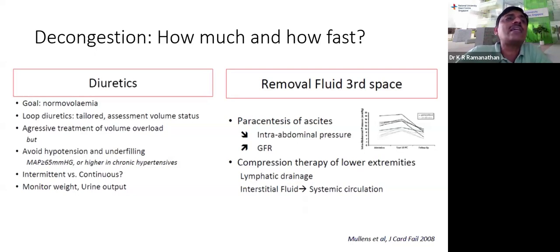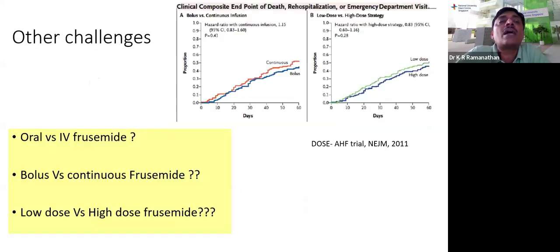The question then comes as to whether there is a role for intermittent dosing or continuous dosing, and what you should monitor as part of conducting these patients. Clearly, if you look at the evidence for how the diuretics should be given, there is no major difference in outcomes between oral versus IV diuretics. Bolus versus continuous diuretics, clearly the DOSE trial showed no major differences between outcomes, going on to say that both are equally acceptable. Between low dose and high dose strategy, no major differences in mortality, except that the high dose strategy patients had a few more side effects of furosemide than others. Going on to say that, a conservative diuretic strategy, but definitive diuretic strategy works in patients even with worsening renal